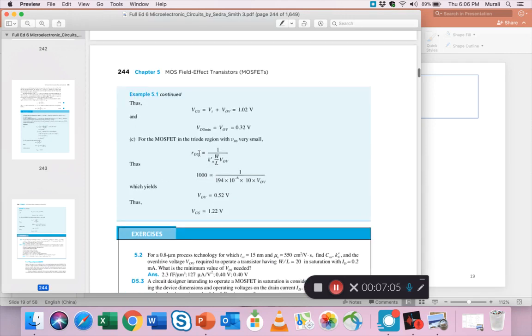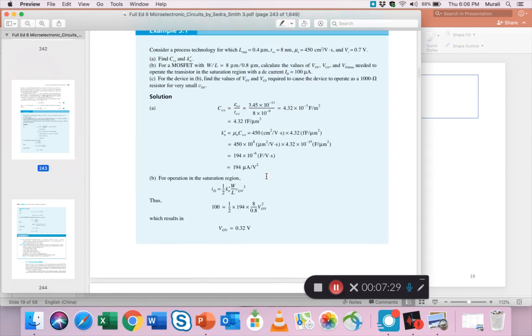Finally, to find that RDS, which is the opposite of 1/GDS, which is transconductance, you use this formula, and to get to 1000 ohms, we end up with an overvoltage of 0.52, which then gives us VGS by using this formula: 1.22. So hopefully with this example you're now able, for the first time, to use all these values, right? All these